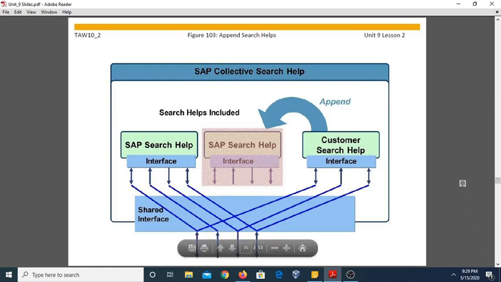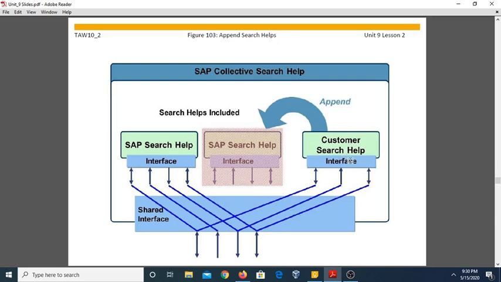Come to the next topic, append search helps. This is another important topic in which you can attach your customer search help to the existing SAP search helps, and you can do that with the help of append search helps. You may need to enhance the standard SAP collective search helps with your own elementary search helps which are called customer search helps.